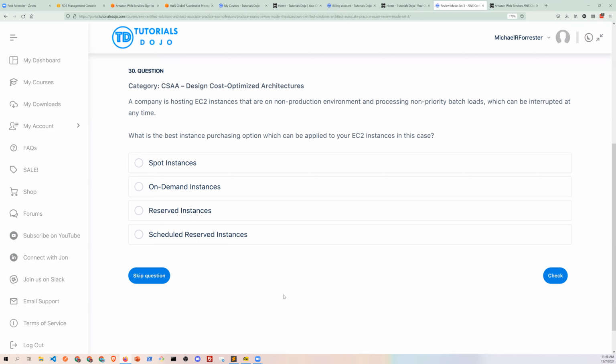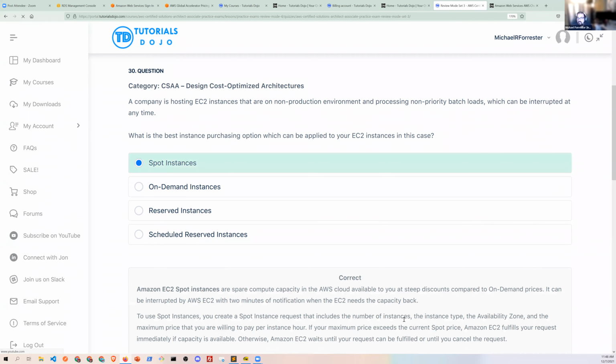Think A, okay? Because it's a batch process, it can be interrupted anytime. So Spot instance we can use. Good. See, a bunch of people put A as well. When it says it can be interrupted at any time, they're talking about Spot instances with an application, right? Especially if it's not priority, like it's a report or genomic data or something they're just doing continuously. Withstanding interruptions is a trigger word for Spot on these questions.